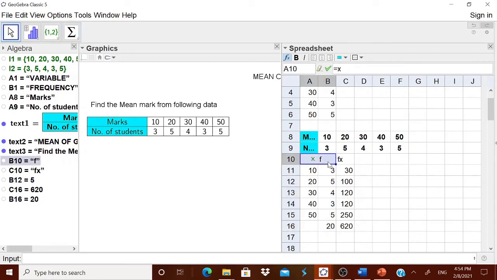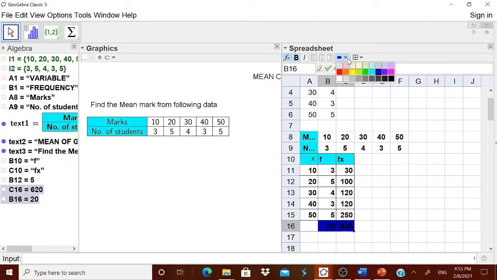Oh, you got it. This table once again you can make bold, select all of them, and you can have a color for it. It is left to you. You can do any amount of coloring, and I think all of you know how to do it. Now these values which you have, remember this is C16 and this is B16. You have to remember C16, B16.